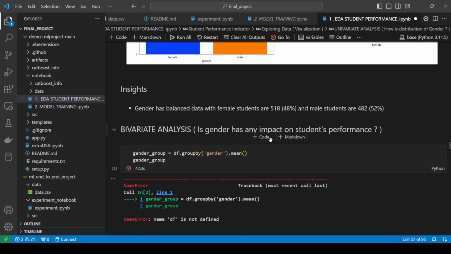After that we use bivariate analysis to see whether gender has any impact on student performance. So we see